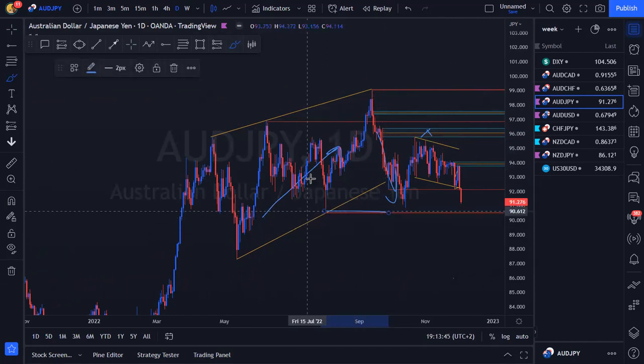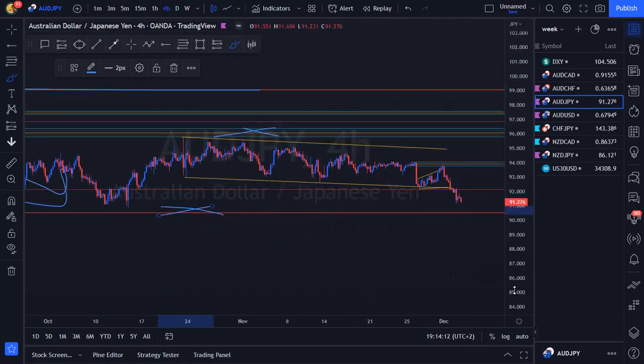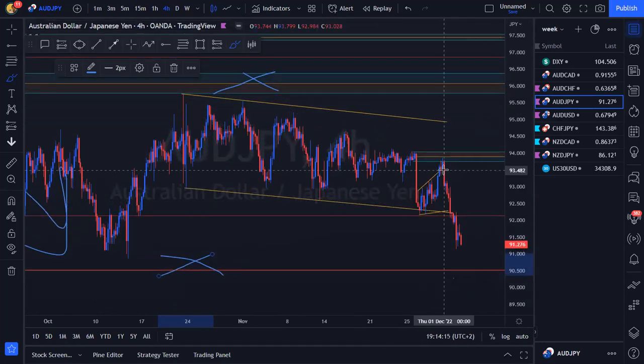Remember this extreme structure, because we've been kind of ranging. That's how we've been trying to trade AUDJPY, just sticking to the most recent price action, being reactive more than predictive. So otherwise, we're still inside of this range, still extreme highs, still extreme lows. Obviously, the closer we get to here, the less we want to sell. We can't sell into a support. For us to find continuation, we need to drop down onto a smaller time frame and just look for the continuation to the downside, since we're seeing a whole bunch of sellers involving themselves over there.